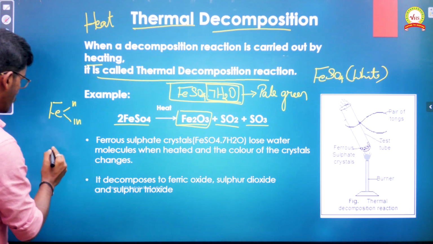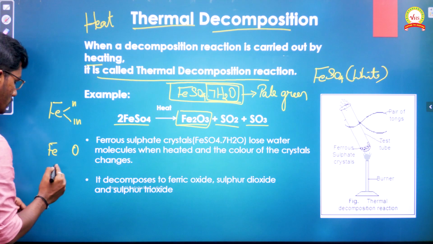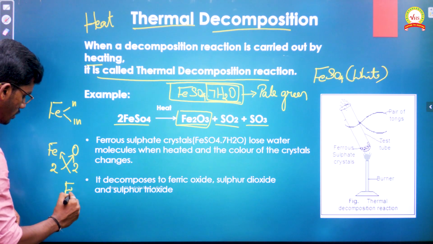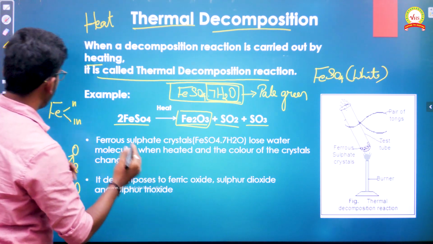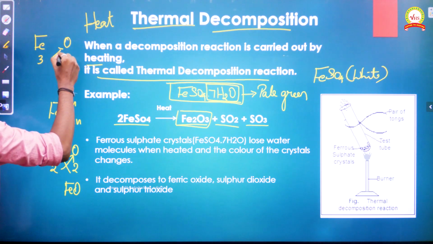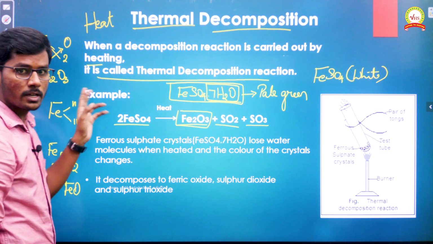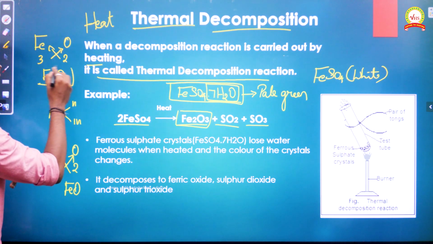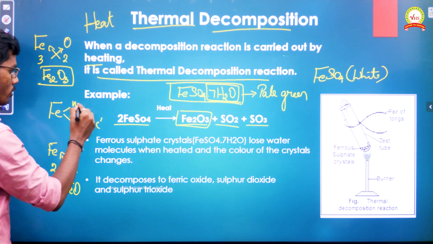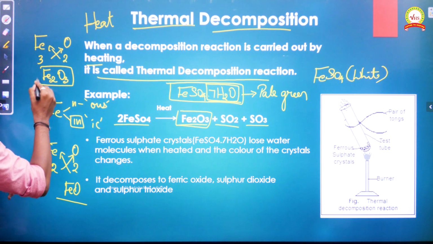You know swap method, right? So Fe and oxygen, if iron with the valency 2 is reacting, so valency 2, if we swap, you will get the formula as FeO. Whereas if you take the valency as 3 and 2, if you just swap, Fe2O3. This is called as ferric oxide. The compound which is formed with higher valency, we give the suffix as Ic. Okay, and the lower valency we give it as ferrous, OUS. Okay, so this is called as ferrous oxide, whereas this is called as ferric oxide.